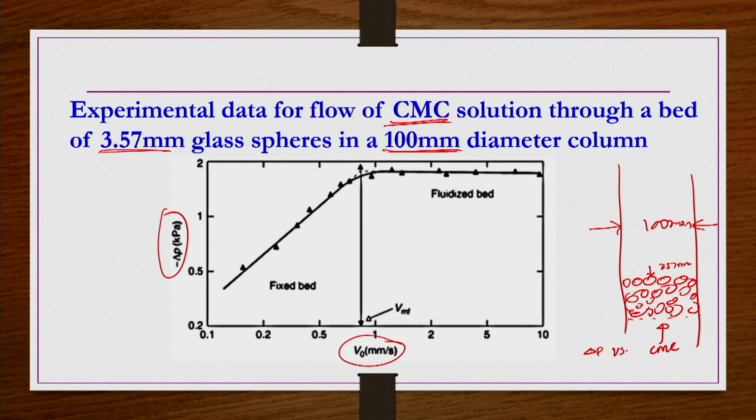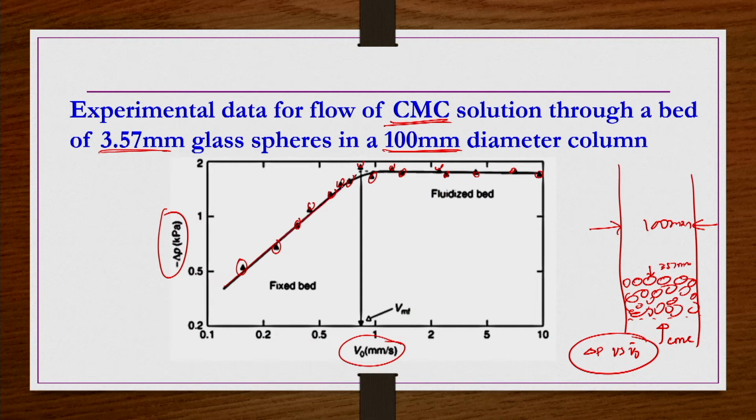what is the delta P versus V naught bar, or superficial velocity, is captured experimentally. They have calculated it and put it pictorially like this. Now, up to a certain velocity, these points are experimental points, actually all of these are experimental points. They are slightly scattered, but if you draw a kind of curve-fitting line, then up to a certain velocity